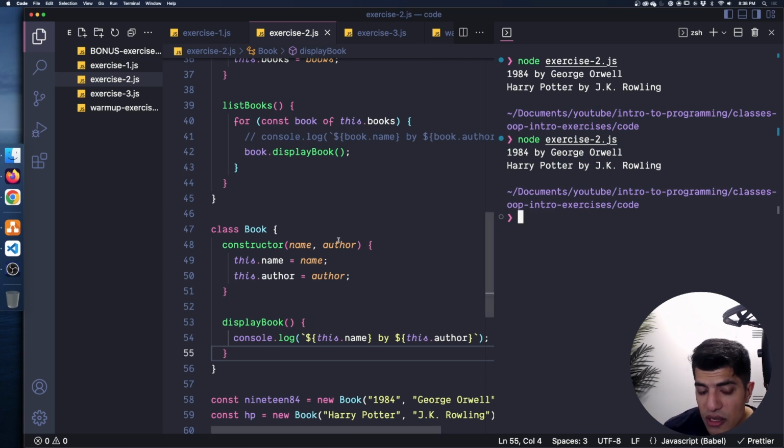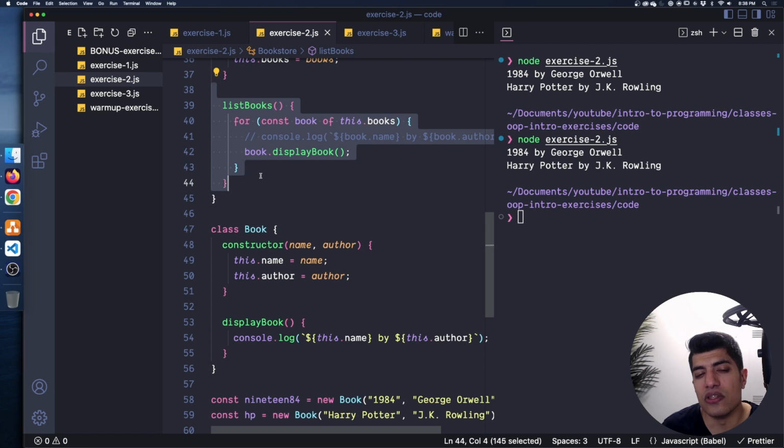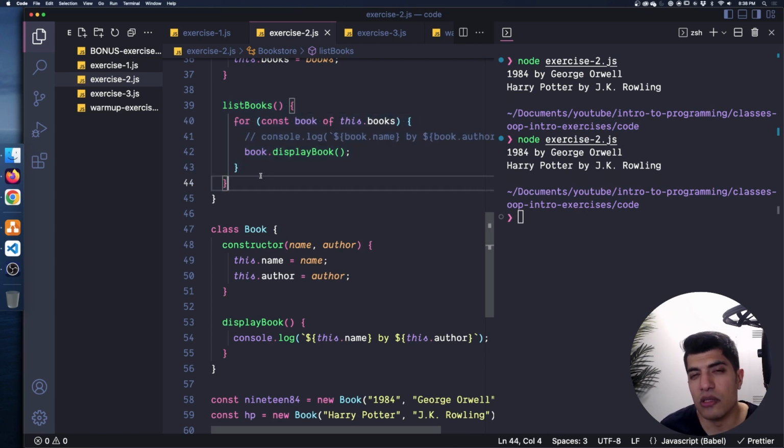Now, arguably, this is much cleaner because what we want to start doing eventually as we get better with object-oriented programming is moving the logic that is customized for that object and really related to that object inside its own class. The bookstore doesn't really need to know how to display the book. It's really the book's job to tell the bookstore how to display itself,